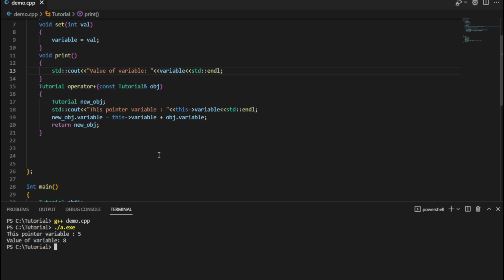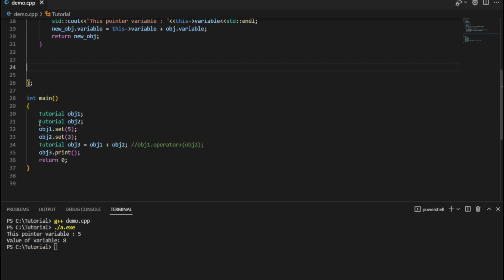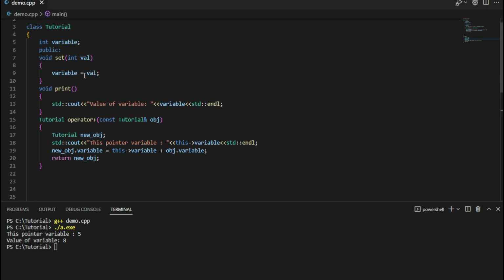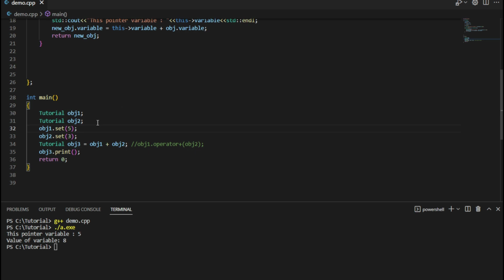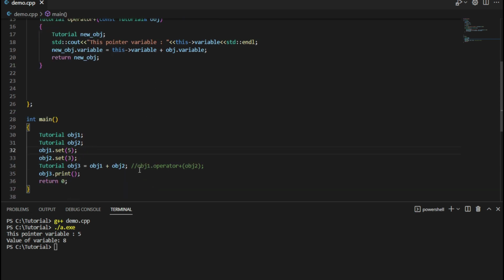So now the output is very clear to us. If you notice, the first line says this pointer variable of 5. In line 32, for object 1, I had assigned the value of 5 using the set function, which ultimately assigns the value to the variable of that particular object. And object 1 is what is passed here, which internally is processed in this way. So the this of variable is pointing to object one,